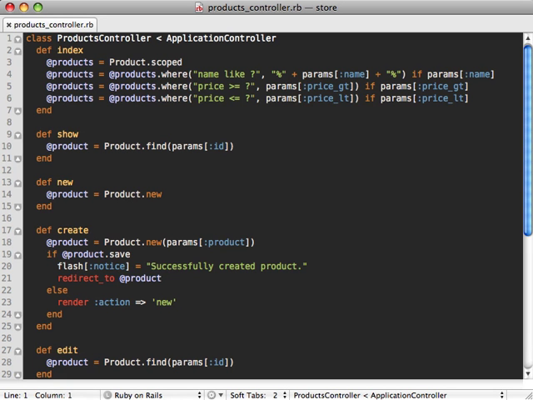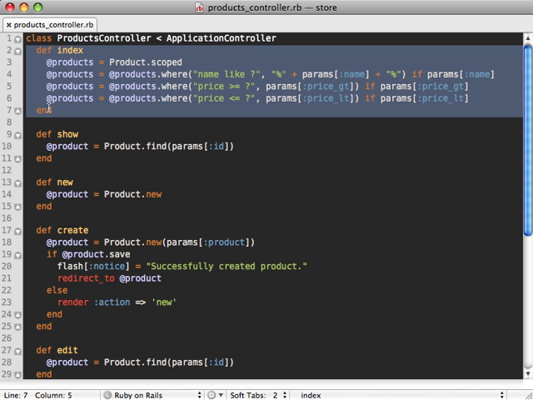Today's episode is a little bit different. It's sort of an exercise in refactoring, and I also want to show you a fun little Ruby technique I'm calling Dynamic Delegator. So let's dive in here. Here I have a products controller with a product model, and I want to focus here on the index action